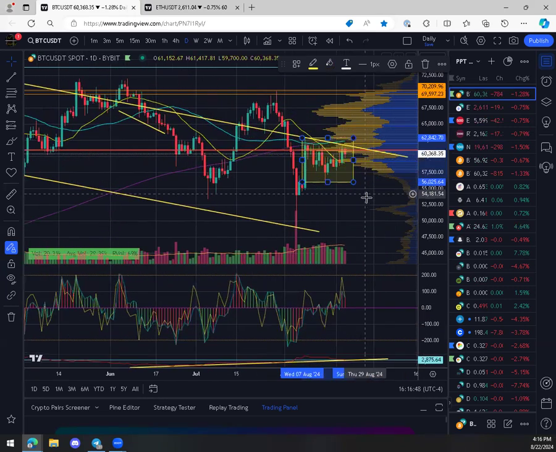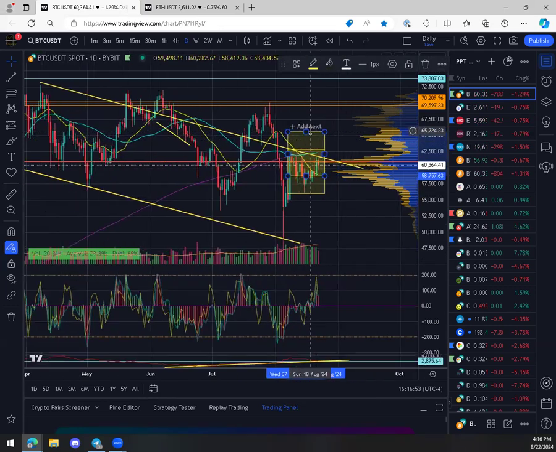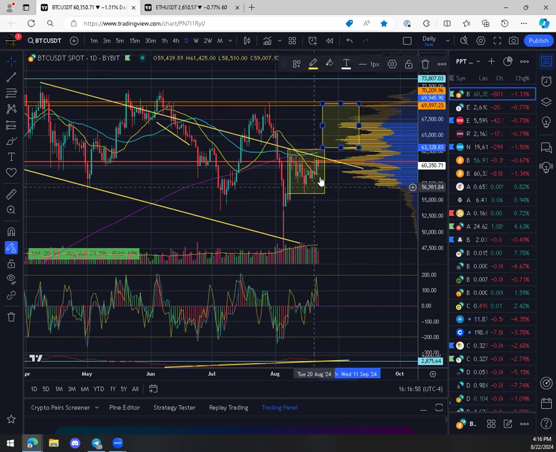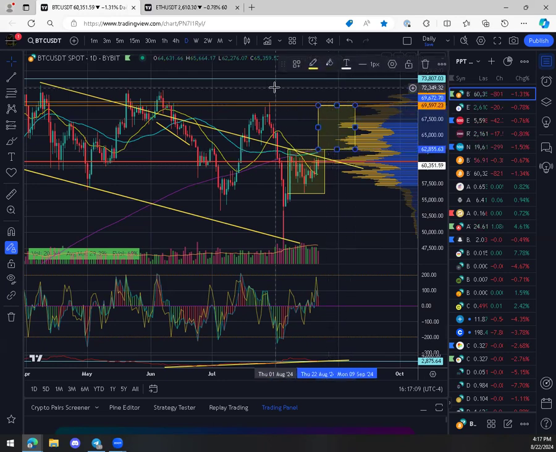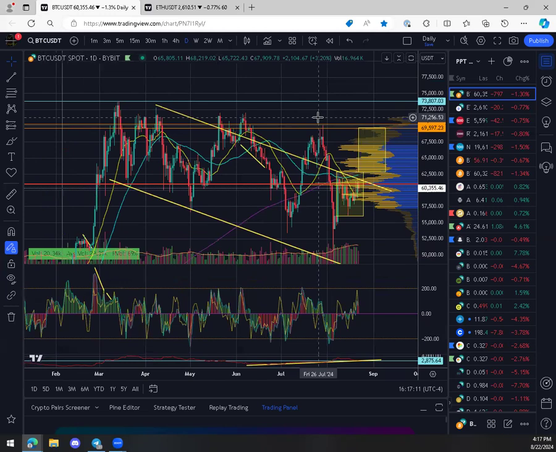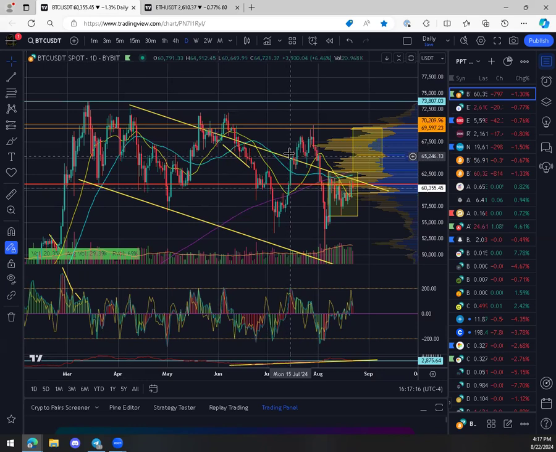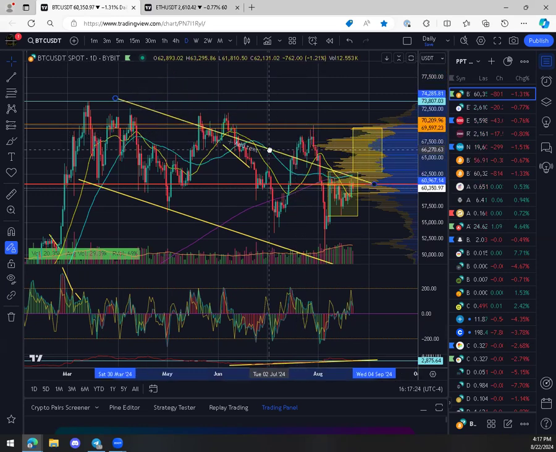So that is something to keep in mind that if we do break this with conviction, which I'm guessing based on the fact that we launched here, that this would be higher odds that we would go up here, which is 100% range of this box. And then this would be a really good place to take profits again. And depending on how it behaves up here, you could also potentially initiate a short. Now, I drew this because it touched here and then it moved here and then up and then hit here. But really, that's another spot we're looking for.